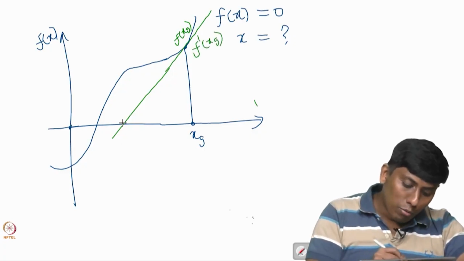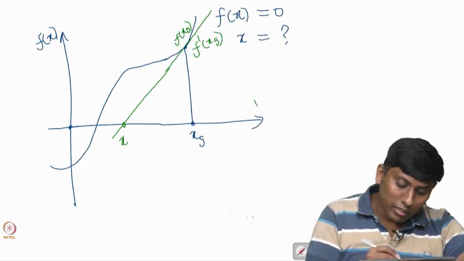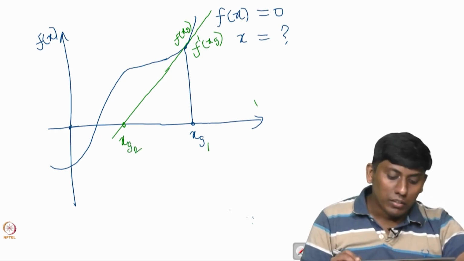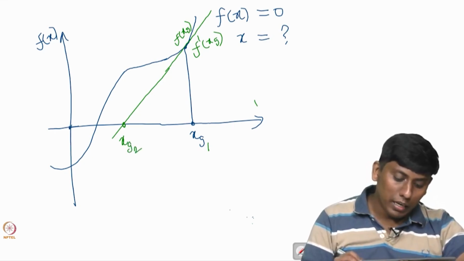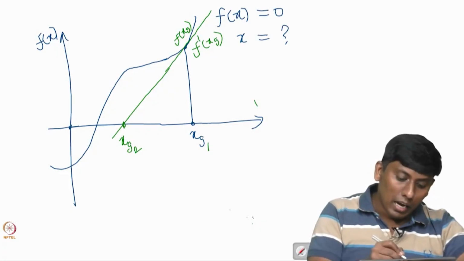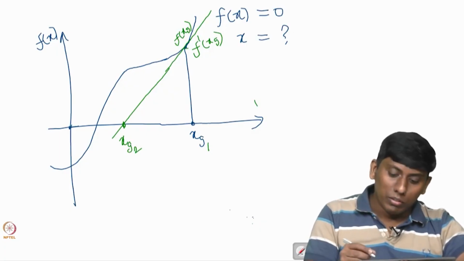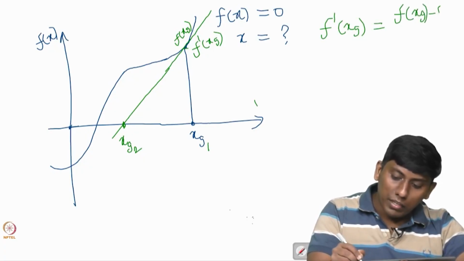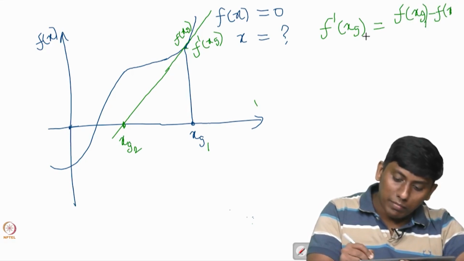Now you can see this ends on the x axis somewhere. I call this g1 and this g2. This value is going to be 0, and this I know. In the sense, how can I write f dash of xg? I can write this as f of xg minus f of